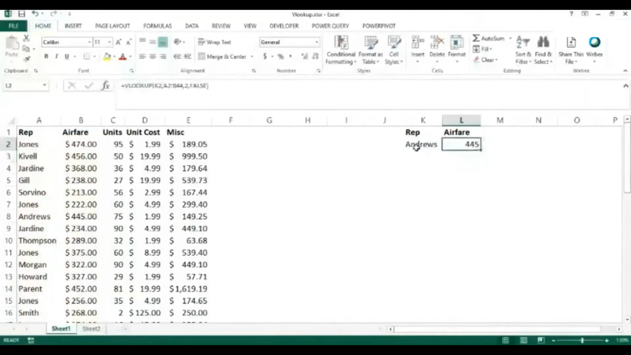$445 is what Andrews spent on airfare, and that's the way you use it. Now this was a very basic function. We're going to go into a little bit more complex functionality now and make sure that we understand VLOOKUP